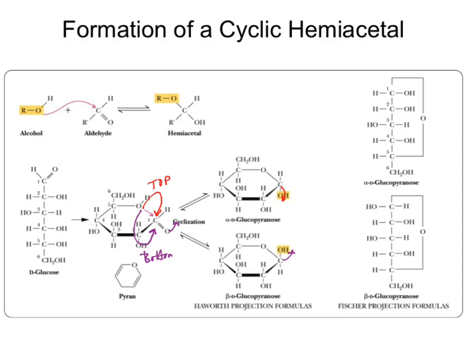I think the reason is that in the cases you will primarily see, you have an obvious cis-trans situation. If the new OH is trans to your very last carbon in the carbon chain, that's your CH2OH over here, you call it alpha. If they're cis, you call it beta. We're definitely out of time, so we'll end that. We could also look at the Fischer projections for those. Thankfully, what we talked about was